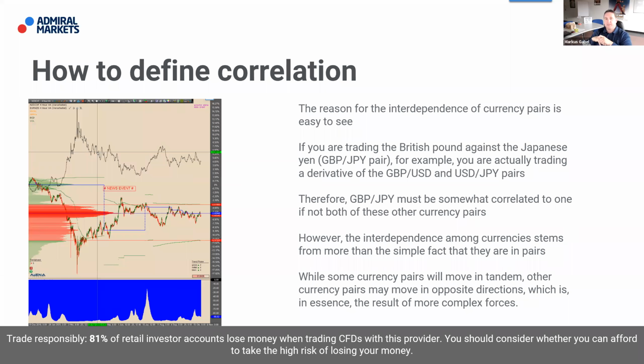Always dollar in it. So, if you trade British pound Japanese yen, which is absolutely possible, you have to be aware that you need to have a look at British pound to dollar and dollar Japanese yen, because the dollar is always the leading currency in the world. And they must correlate to each other, either to British pound USD, or dollar Japanese yen, or to both of them. Anyhow, somehow, somewhat.